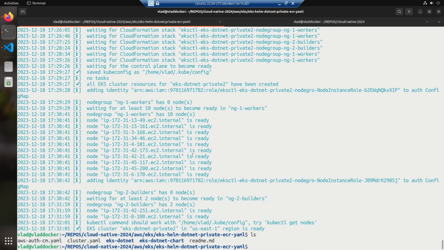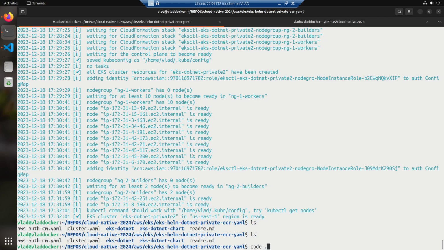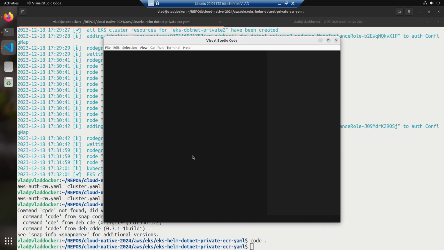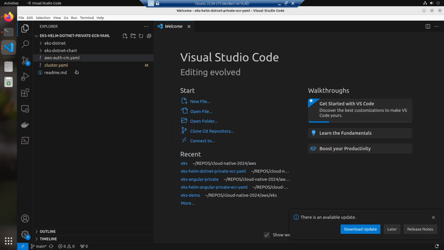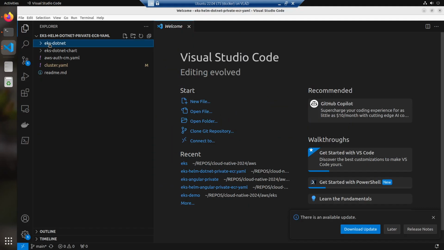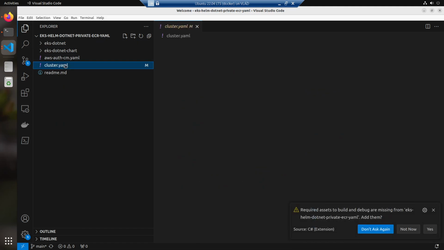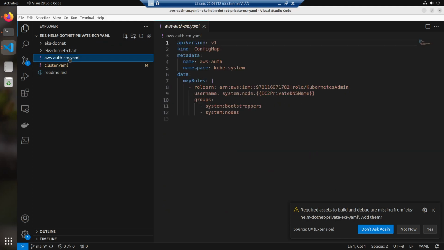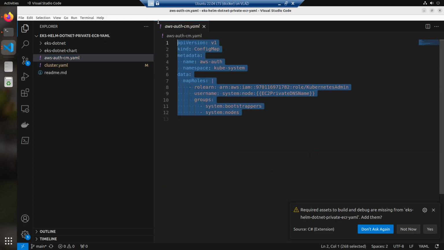Hello, ladies and gentlemen. In this video, we are going to investigate an issue with my container. I created a container in Docker. I pushed it already to ECR, and we already created the cluster, the AKS cluster, and we have authenticated it